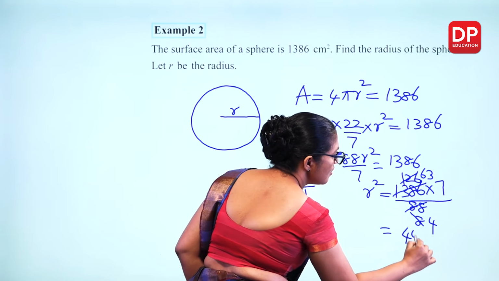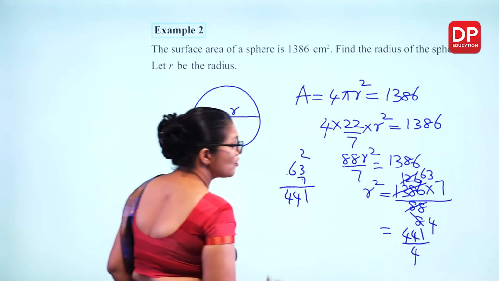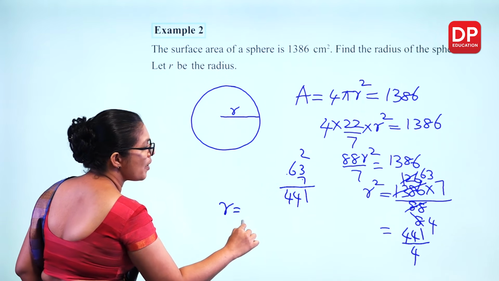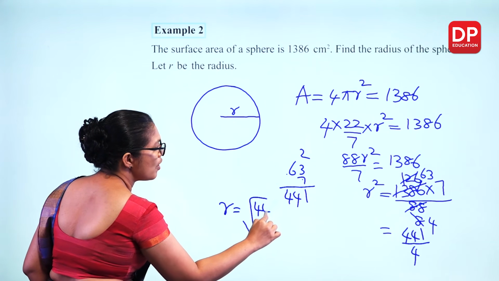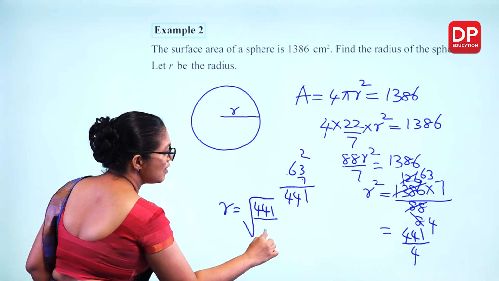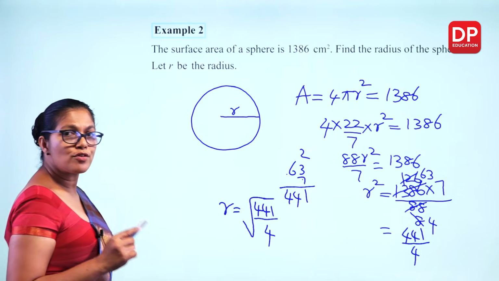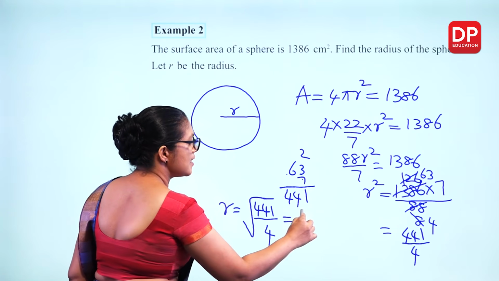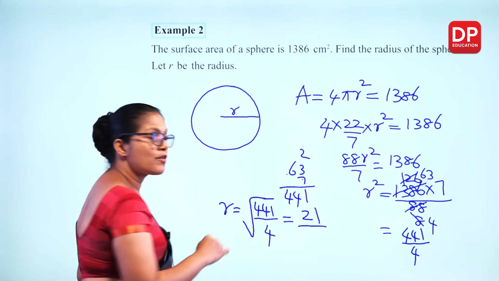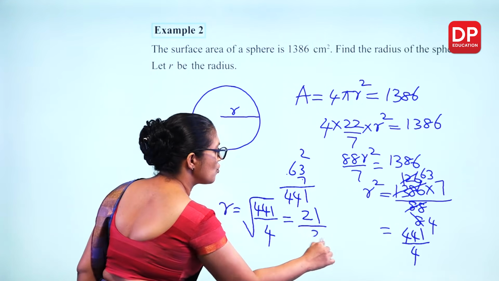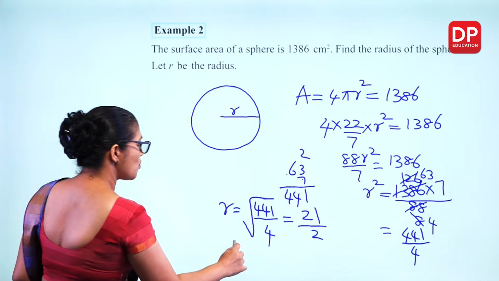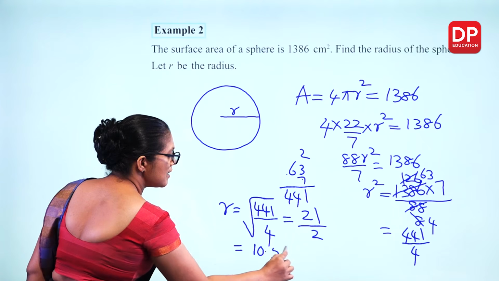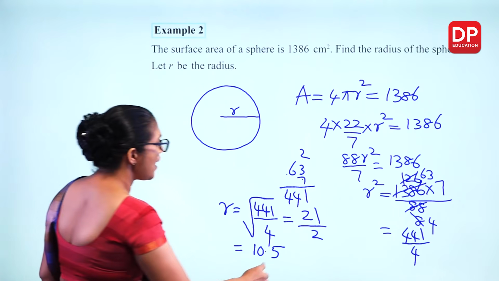441 over 4. So now we can easily find out the radius. So square root of 441 over 4. What's the square root of 441? We know that that's 21. What's the square root of 4? That's 2. So what's the radius here? 21 over 2, or you can write as a decimal, that's 10.5